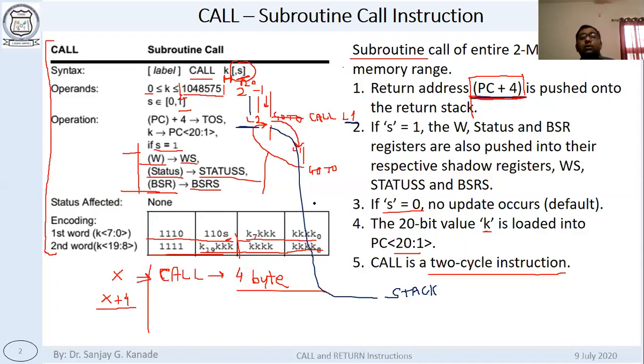Instead of the next address which was already in PC, the address of L1 goes to PC, and that's why execution starts from here. The associated instruction with call is a return instruction.